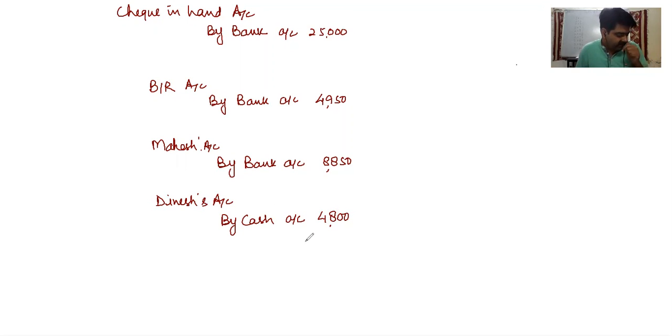Now after this cash is written, there is no need to prepare a cash account as well as a bank account, because we are already preparing the cash book, and in the cash book we have both columns, cash as well as bank. So no need to prepare a cash account as well as a bank account. Okay, and next is written sales account. So we will prepare the sales account, and the treatment is in the bank column, 25,000. So by bank account 25,000 will come.